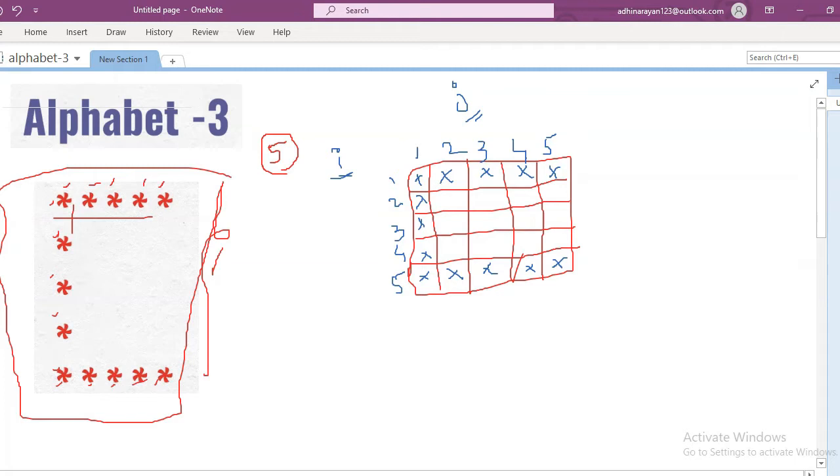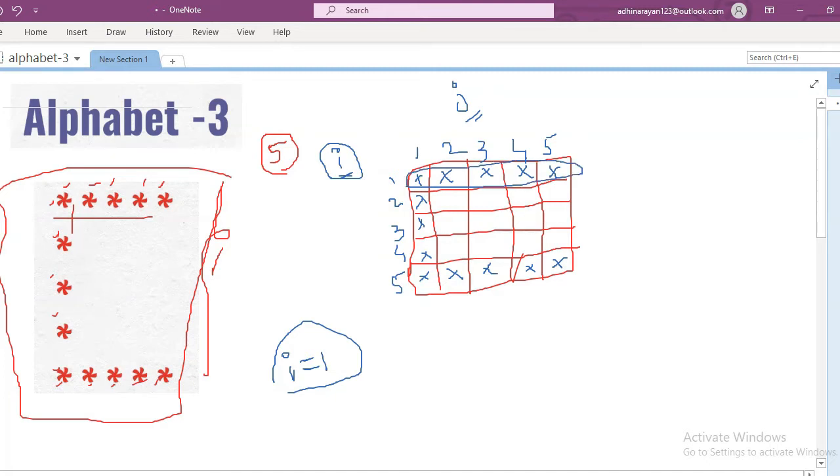If you observe here, whenever I value equals 1, at that time print star. That means in the first row I want to print all stars.